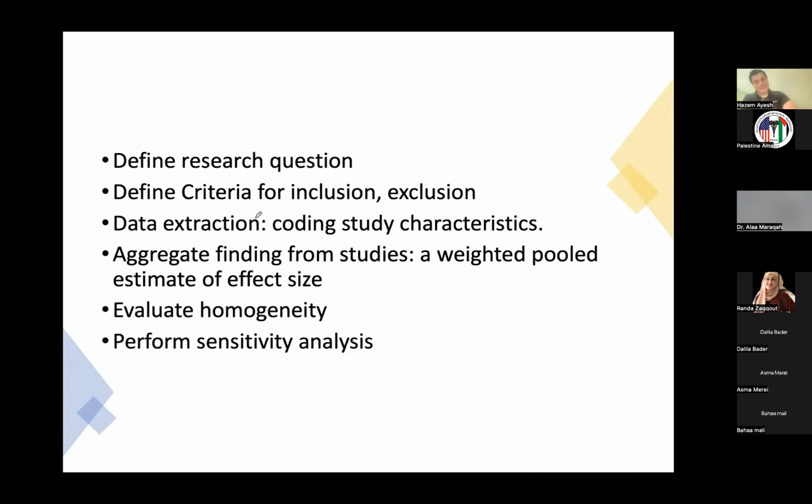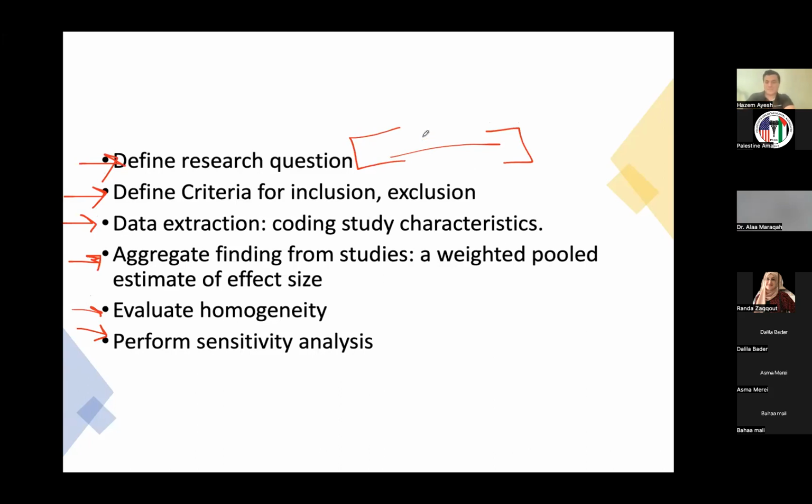So to do a meta-analysis, and my colleagues Mohammed and Aziz will guide you through this, and this will be the focus of the next few weeks' lectures, you start with a research question, then you have to have criteria for inclusion and exclusion, then you do data extraction, then you aggregate the findings, then you evaluate for homogeneity or heterogeneity, and then you do sensitivity analysis. So first, you have to have a question. This is one of the biggest problems sometimes, to have a good question,